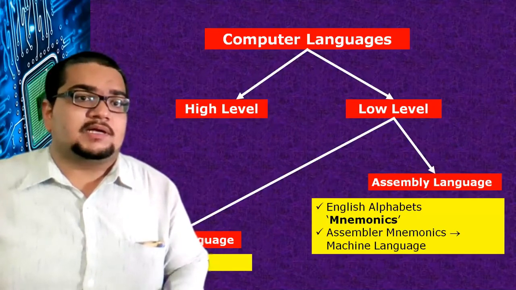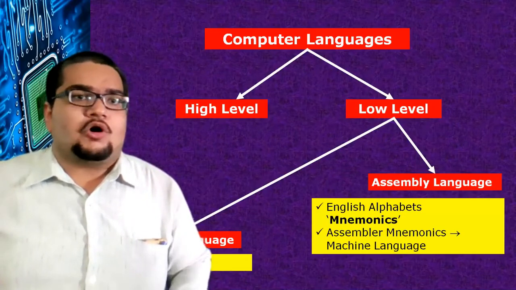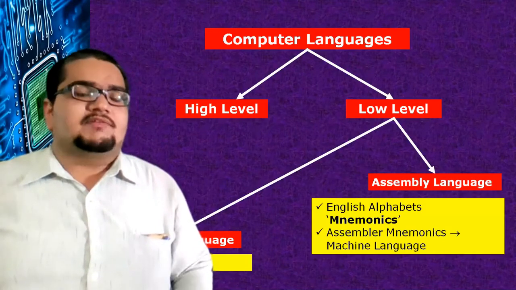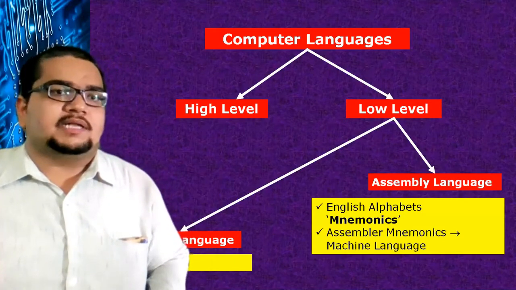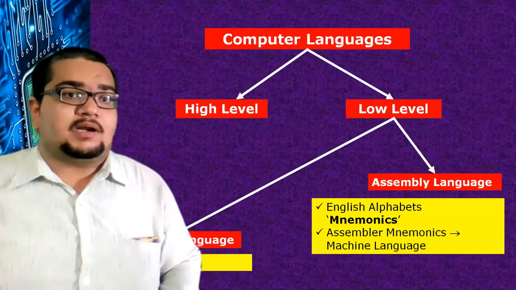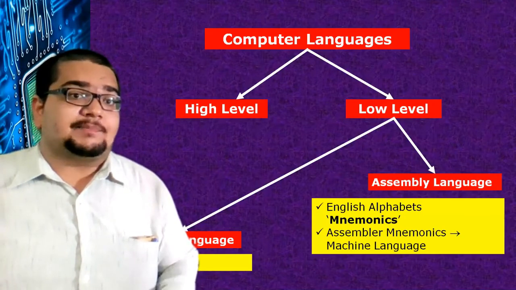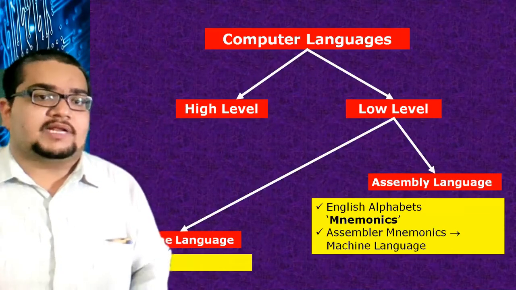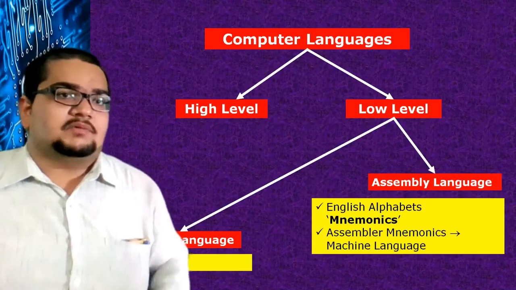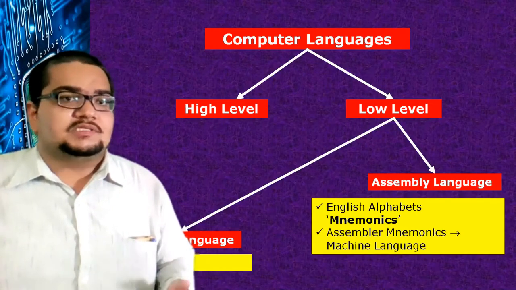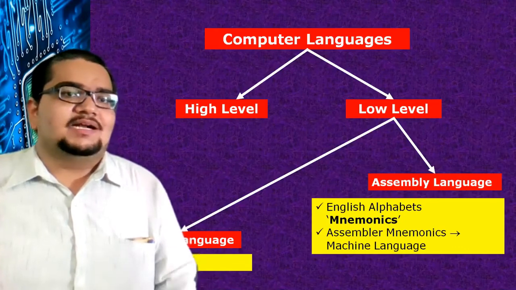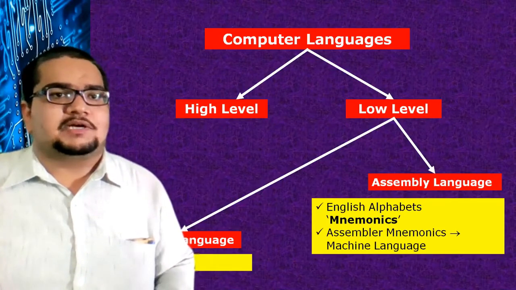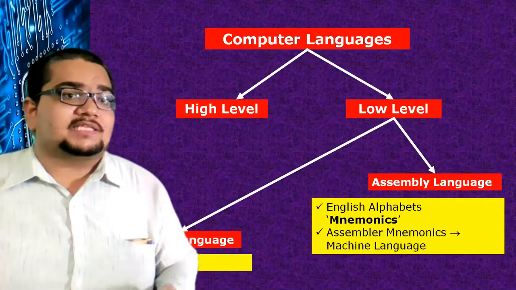In machine level languages, the instructions will be in on-off switches, that is, sequences of zeros and ones. But assembly language is more properly understood by the programmer and interpreted by humans, such that what we are writing we must know. Whereas machine language is completely zeros and ones. It's very hard for a normal human being to recognize the sequence of zeros and ones for any given task. That is why we'll be working with assembly language programming, which can be easily translated into machine language by the use of an assembler.